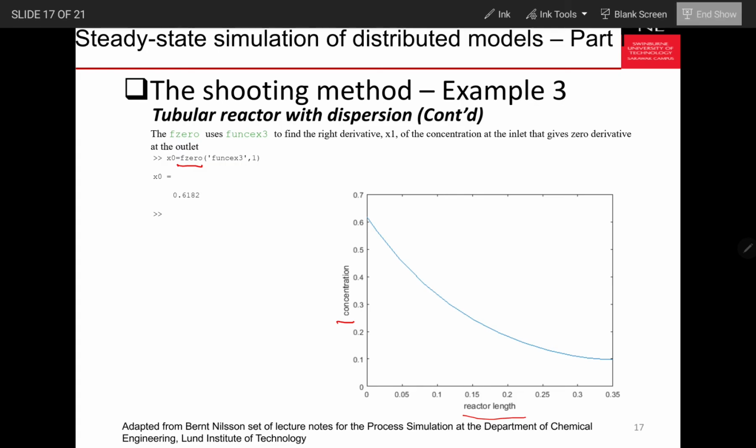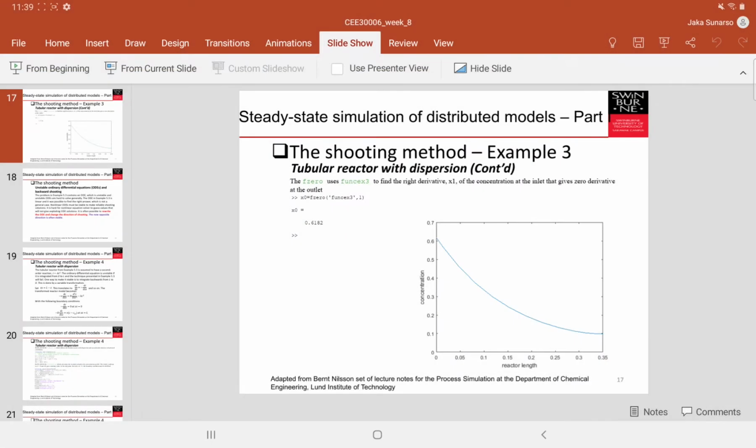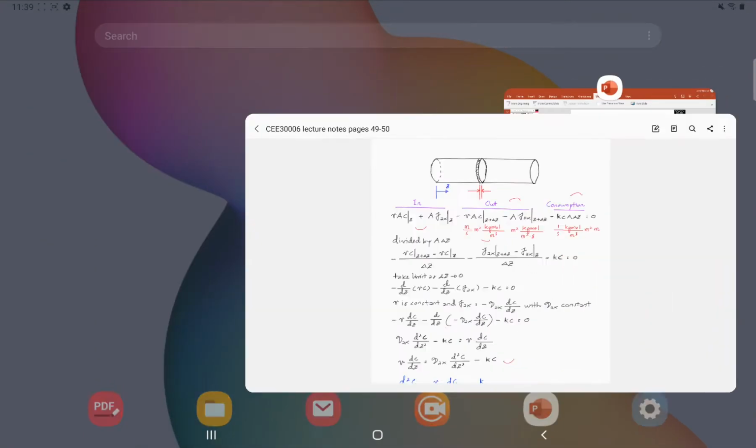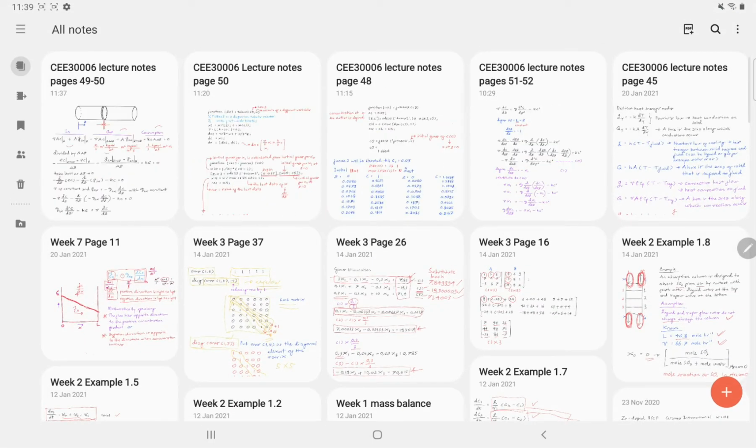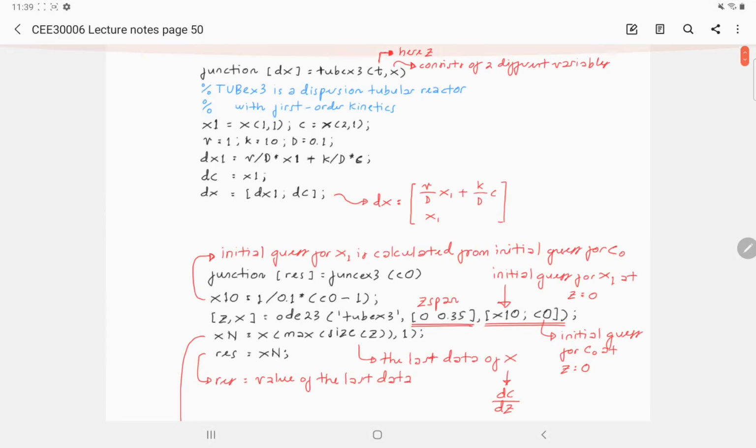The detail of this is given in the additional material that I also add to your Canvas as well.